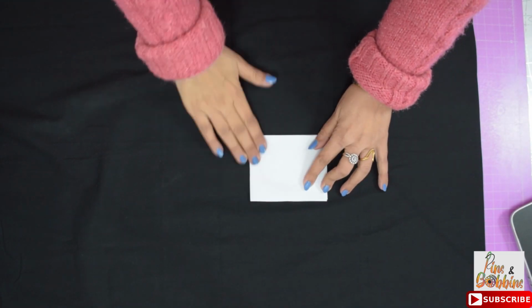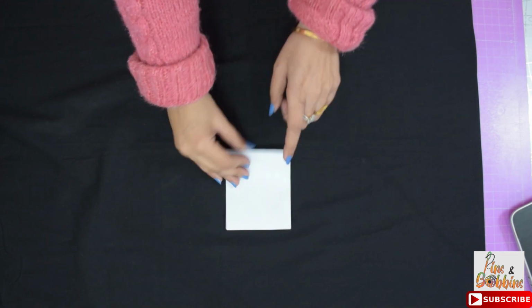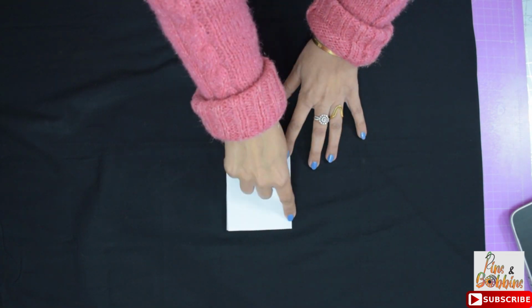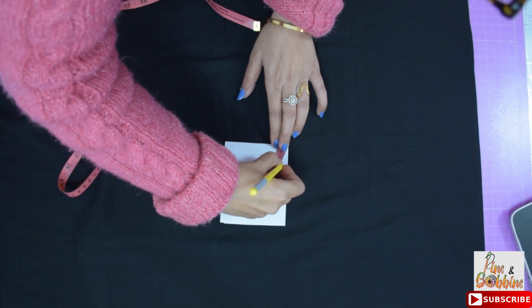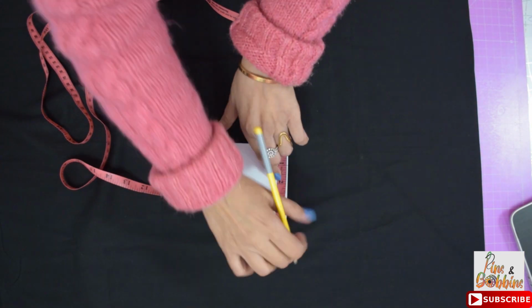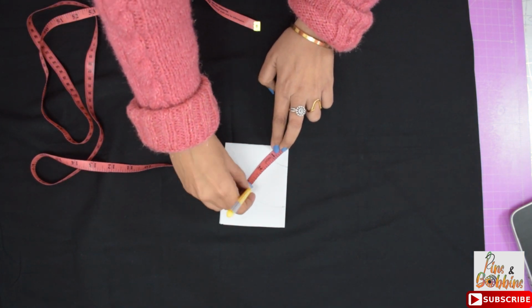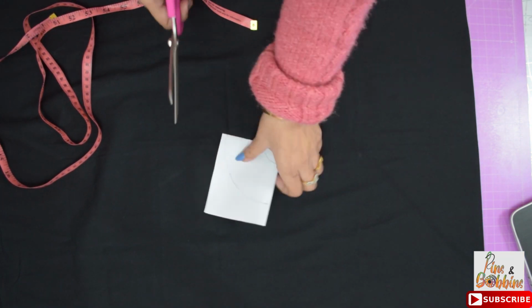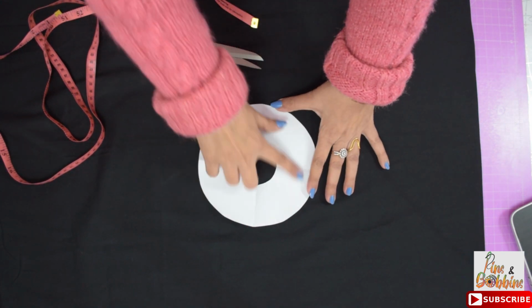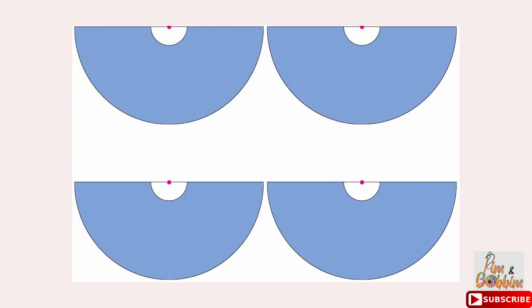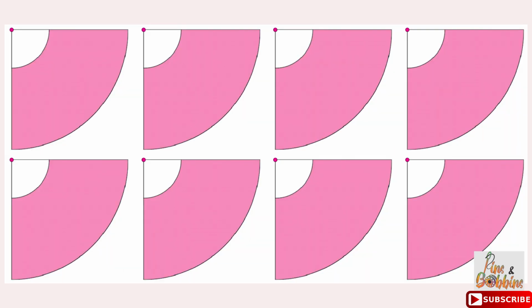So one more important thing is that we need the fabric in length and width both for our desired length of circle skirt in order to cut the circle in one continuous piece. So if you are making a skirt that comes under the measurement according to your fabric, it's great. You can go in one piece. But if you are making a skirt whose length is greater than the width of the fabric, we have to cut it in pieces like these half circles or like these quarters.